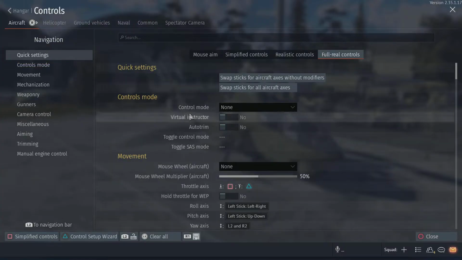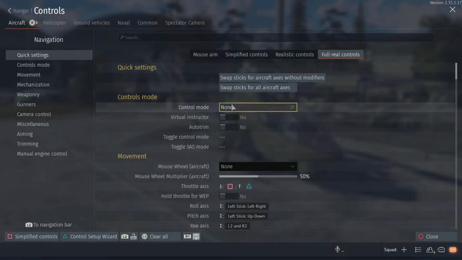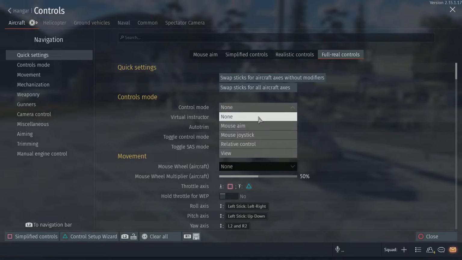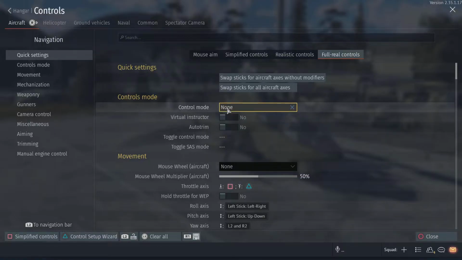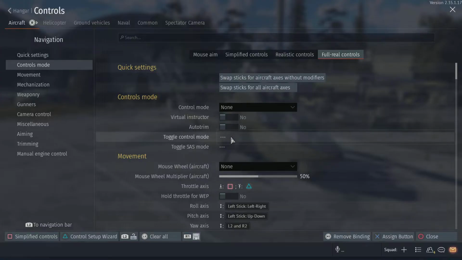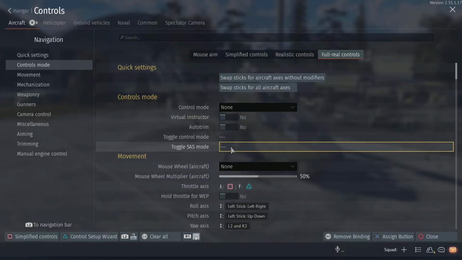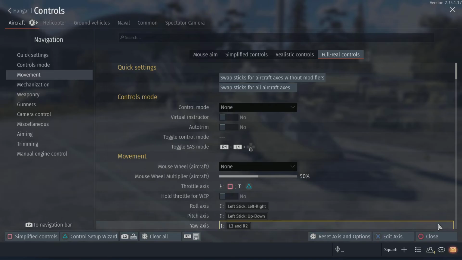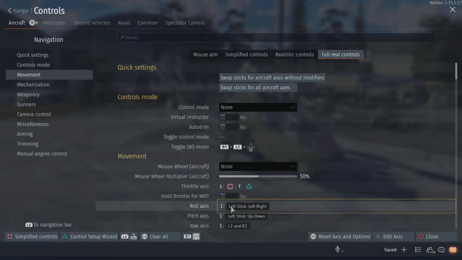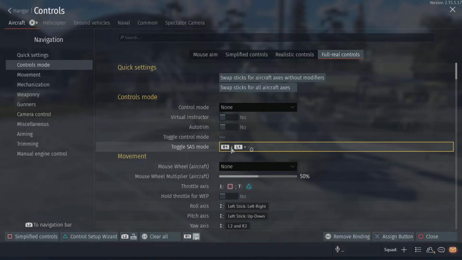aircraft. Now, for mine, for sim controls, I can leave my control mode off. That way there is no mouse aim or joystick that you're going to be seeing on the screen if you're flying solely with controller. Virtual instructor and auto trimmer off, control mode and SAS mode are off as well. I personally don't use toggle SAS mode, but if needed, you can add that in. Now it seems a little daunting, an odd combination, but with everything, you'll kind of see how it all